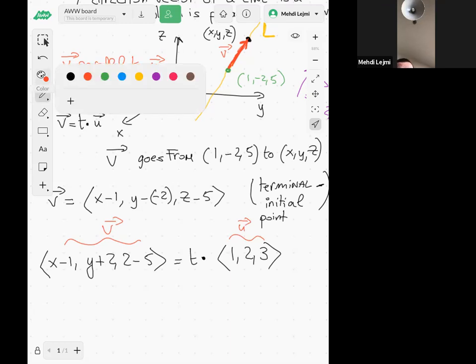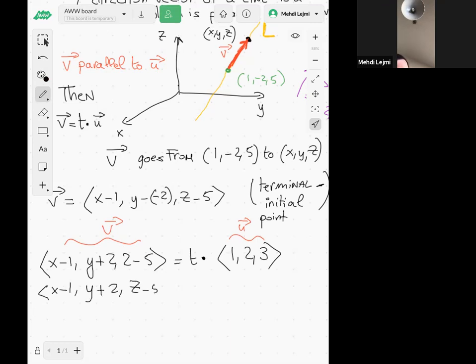How do we multiply a number or scalar by a vector? You multiply each component of the vector by t. So it's going to be (x minus 1, y plus 2, z minus 5) equals t times (1, 2, 3), that will be (t, 2t, 3t). So in other words,